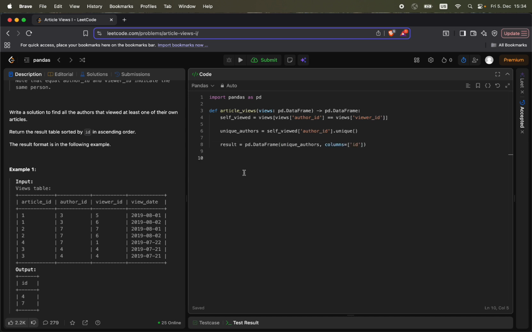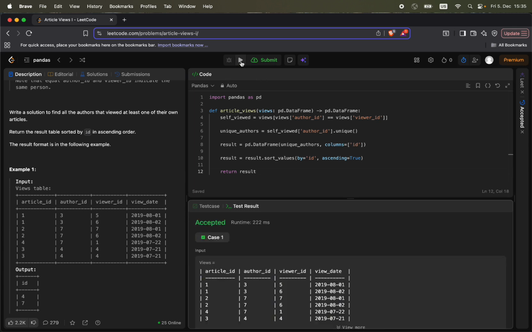The last step, we sort the result by ID in ascending order. And we are ready to return the result. Let's run this code. So we successfully solved this problem in